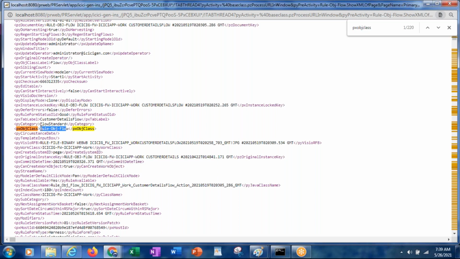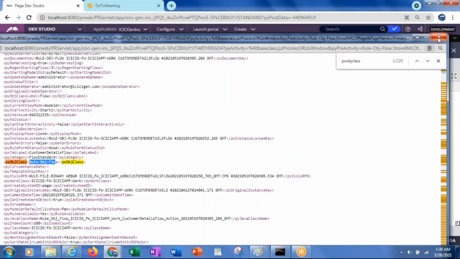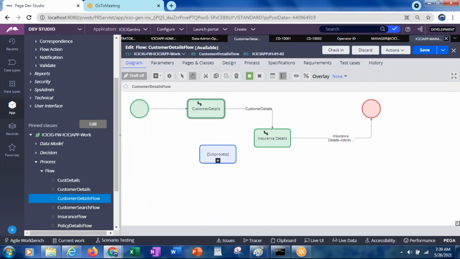So it belongs to rule obj flow. All the rule instances will have the version, whereas data instances will not. So data instances are called non-resolved version rules, non-version rules.